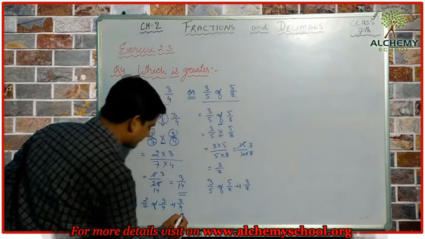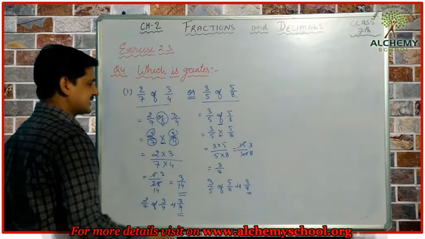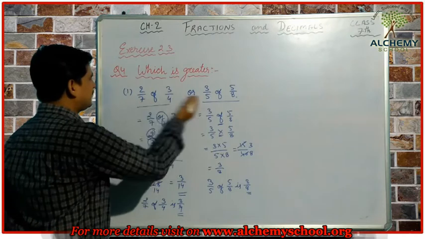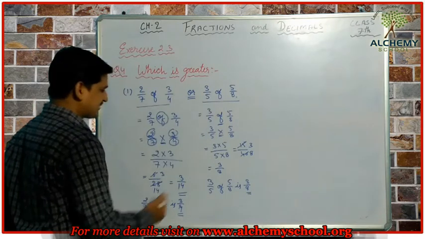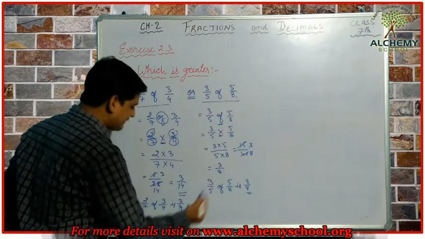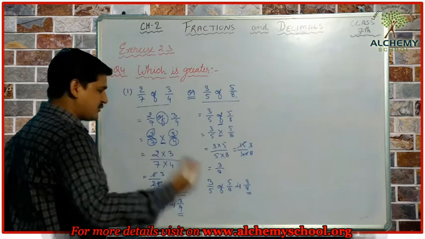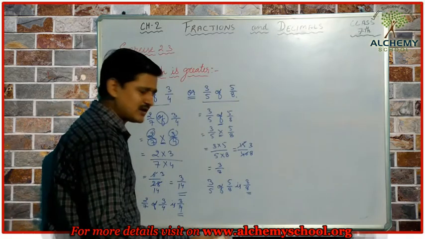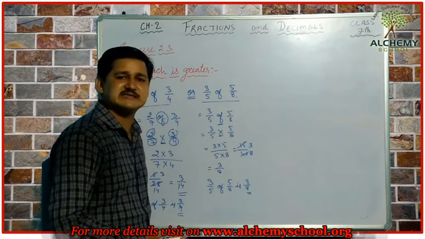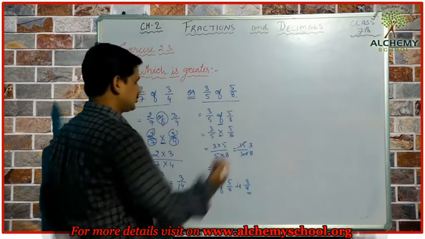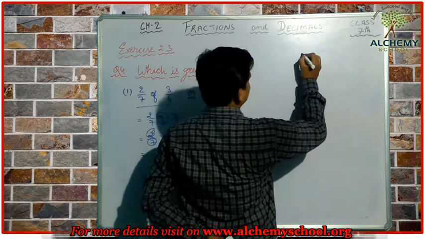So now we have to compare these two values and find which one is greater. Then only we can say which one is greater between these two values. Okay, so how can we compare them? To compare these fractions, we have to make the denominators equal. And how can we make the denominators equal? To make the denominators equal, we have to find the LCM of the denominators. So let's see what will be the LCM of 14 and 8.